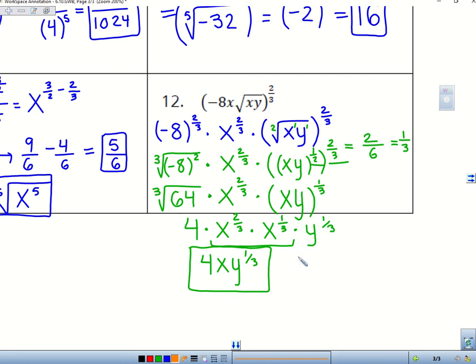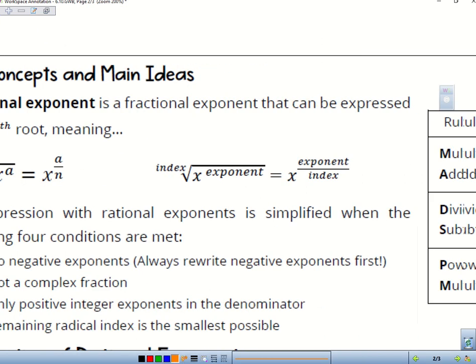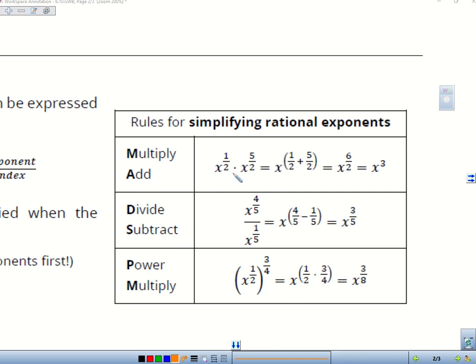Yes? I have a question, just to make sure. When do you use the power rule again? Power rule is only used when you have some variable or number to a power, and then it's put to another power. You can differentiate the difference between power rule and multiplication rule, because with multiplication rule, you're going to have 2 of those things. With power rule, you only have 1 of them. Okay. You see? Yeah. All right, so